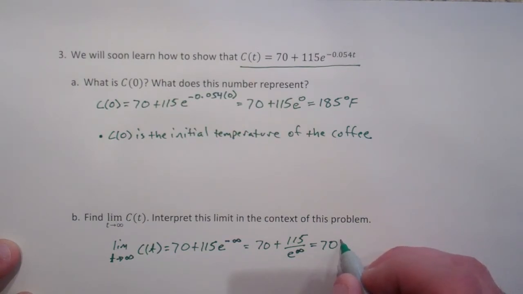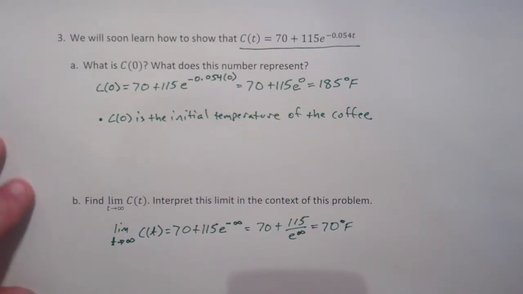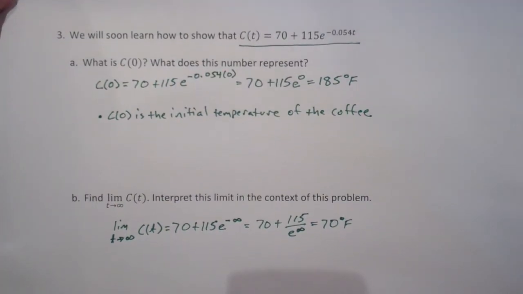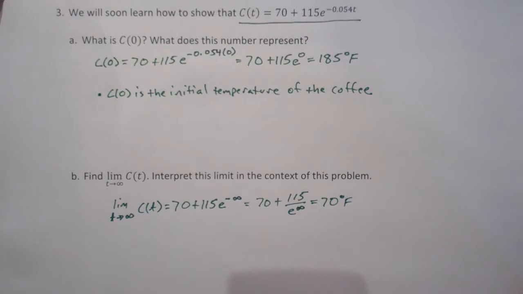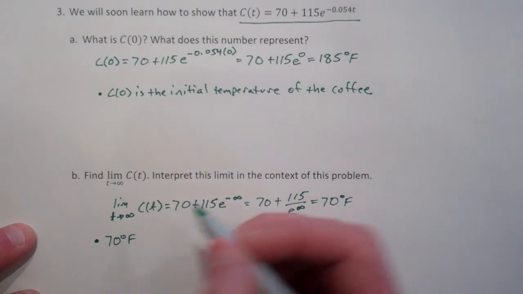And again, that's going to be in degrees Fahrenheit. What does this represent? So this represents the temperature of the coffee after a lot of time has passed. We'll move this slightly up for you so we can write down the explanation. So the interpretation is that 70 degrees Fahrenheit, or the limit as t approaches infinity of C at t,